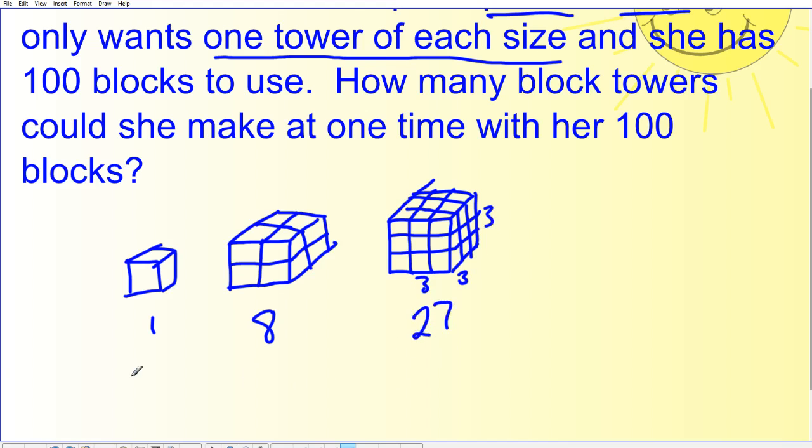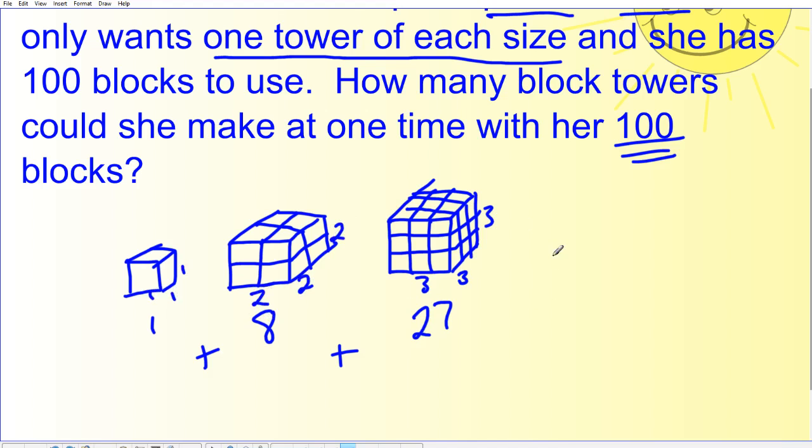Okay, how many blocks have we used up altogether? Because she has 100 to use. How many have we used? We used 1 plus 8 plus 27. So that's 9. 9 plus 27 is 36, right? 9 plus 27 is 36. I think so. Okay, the next biggest tower she can make would have